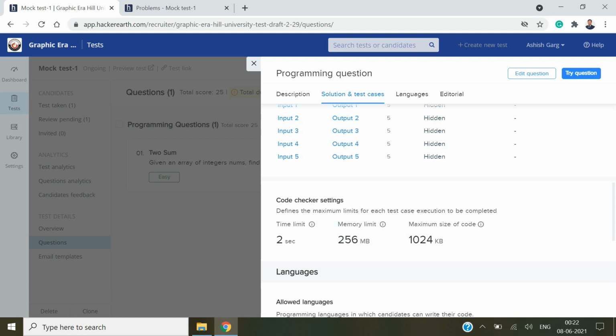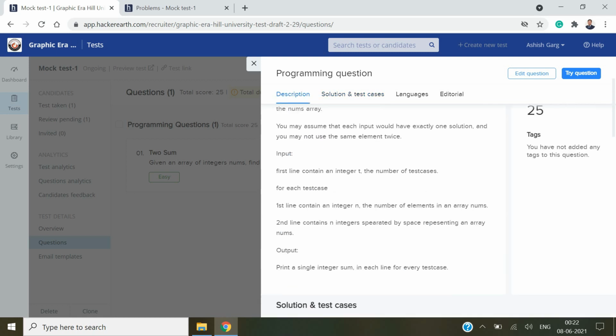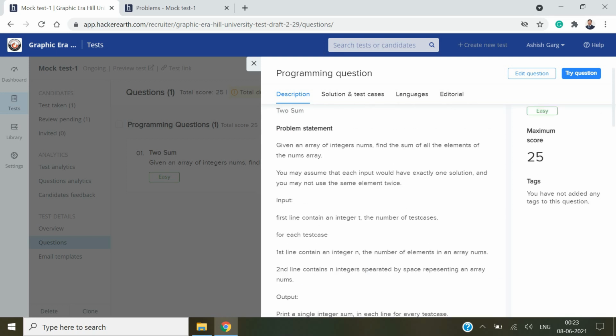I'll talk about these time limits and memory limits when I teach you programming for placements. For now you can avoid them, that is not required in your first year's course, but please pay attention to these inputs and outputs, and read the question a number of times and try to solve some problems on HackerRank or LeetCode. I will also give you some mock tests to practice on the HackerEarth portal, and we will be doing your practicals using this HackerEarth portal, and please get comfortable with it.